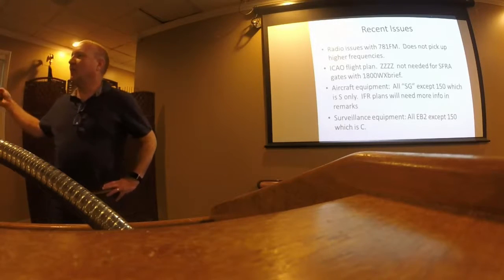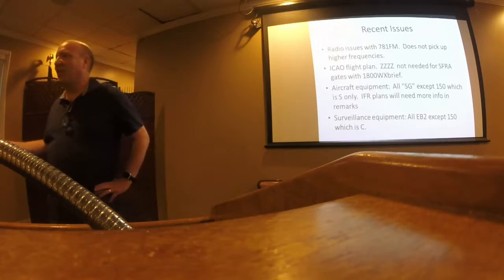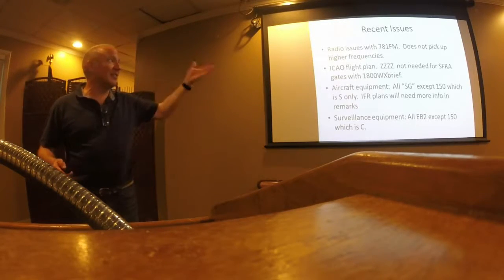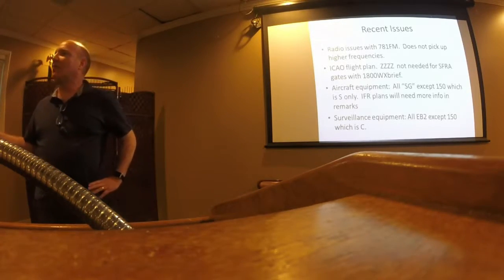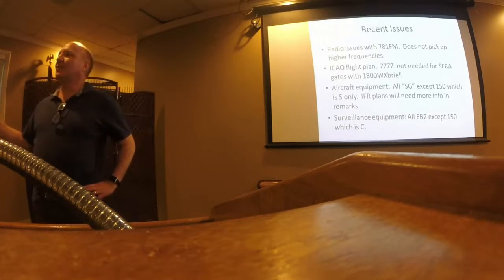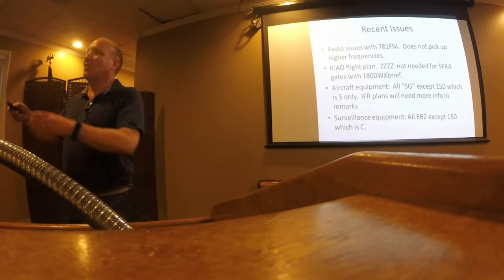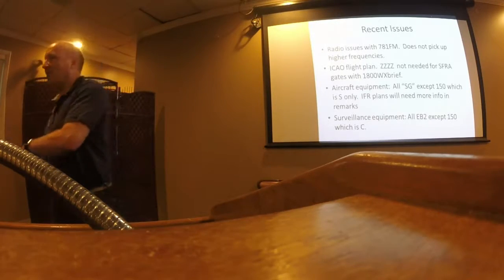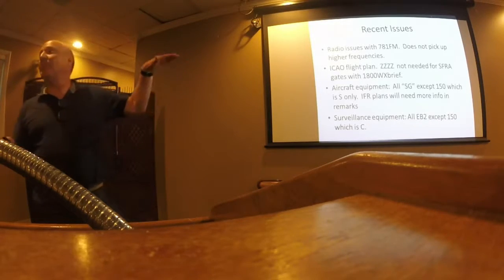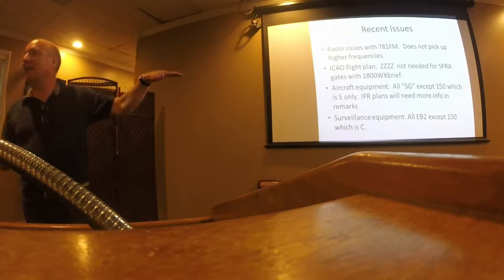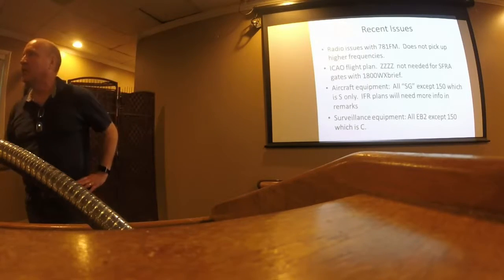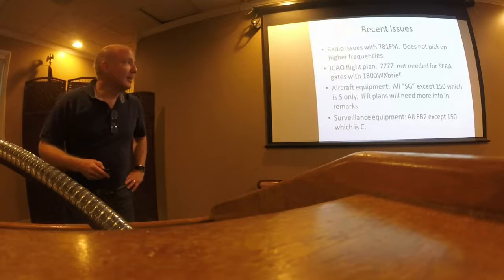Everybody know the ICAO flight plans. Everybody's experts at this point. One of the things we wanted to let you know is if you're familiar with that, some of the stuff in the past was you had to put a 4-letter identifier in, and then in the remarks for the departure or the destination. If you're using 1-800-WX-BRIEF, you can now put in the gate for the SFRA in the destination or the departure. They've expanded that field, so that helps you.